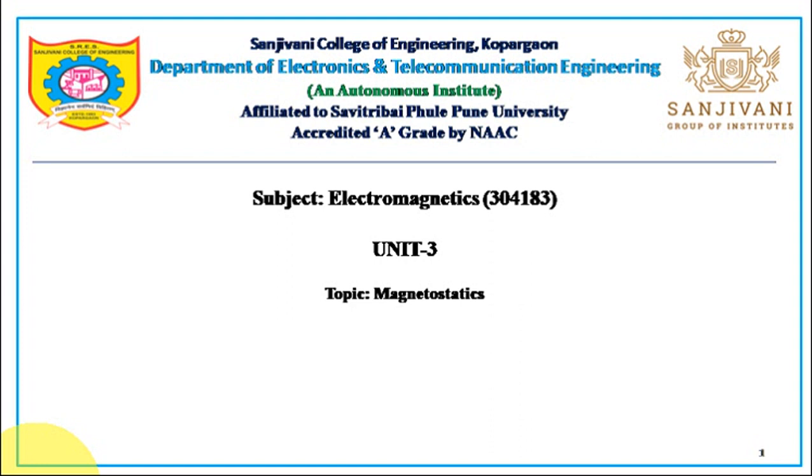Today it's time to discuss the next law which governs magnetostatics. As there were two laws in electrostatics, repeatedly I am telling these things, Gauss law and Coulomb's law, here also there are two laws. The first law is the Biot-Savart law, and the second law is the Ampere circuit law. Ampere circuit law is a special case of Biot-Savart law. How can we derive that?